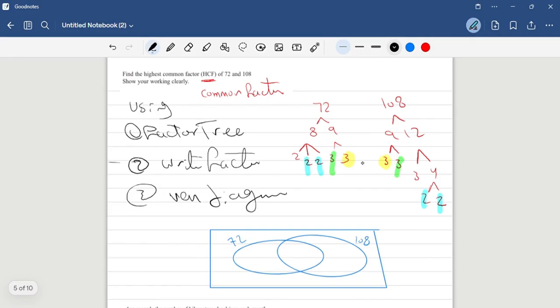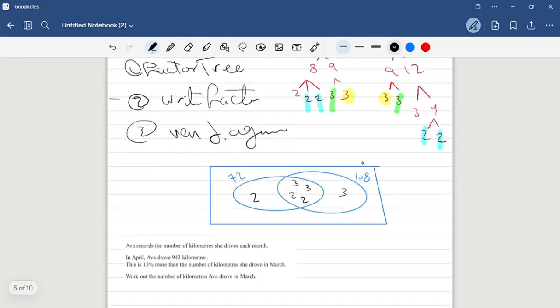So I can also say that it's like 3, 3, 2, 2, right? How many remain in 72? It's like 2. How many remain in 108? It's like 3. In these situations, if I need the